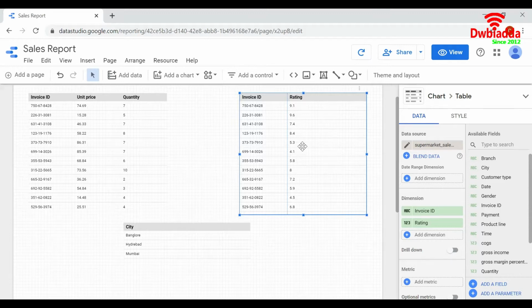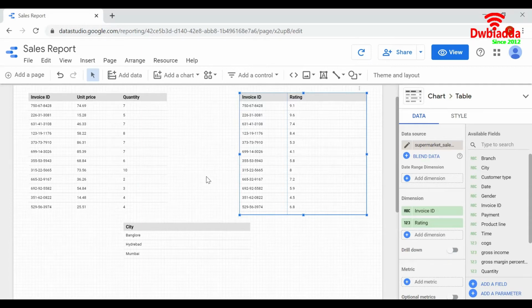The data type of the calculated field depends on the output result. If the output is a word or a sentence, then the data type is text. If it is sum, average, or any aggregation, then the output will be numeric. If it is city, country, or state, then the output data type is geo. If it is date, time, etc., then the output data type is time.